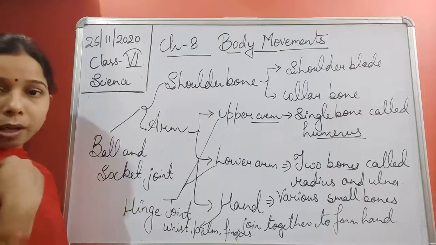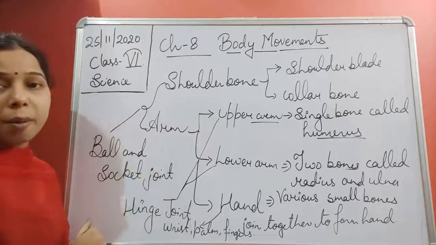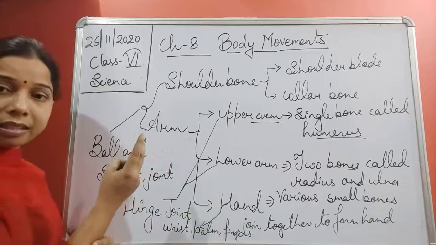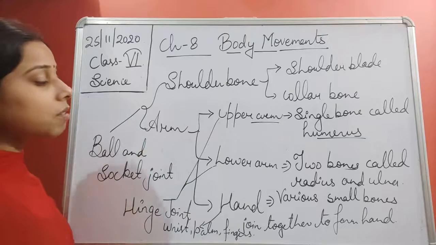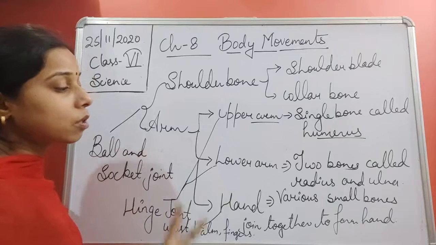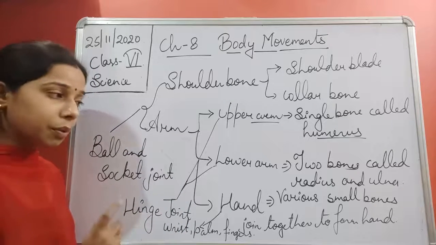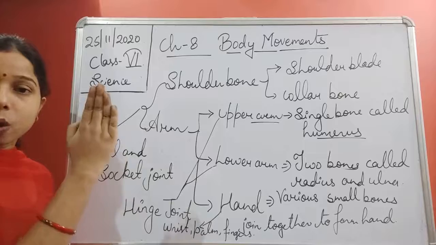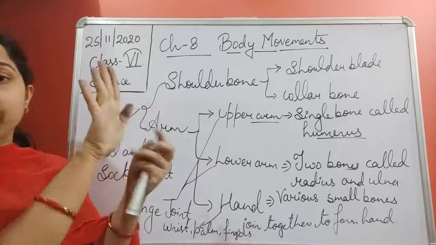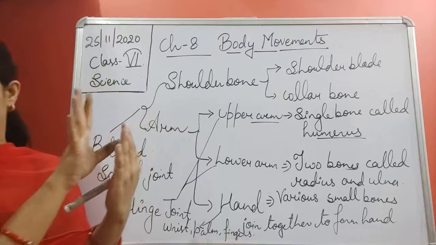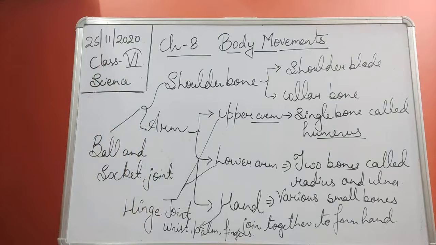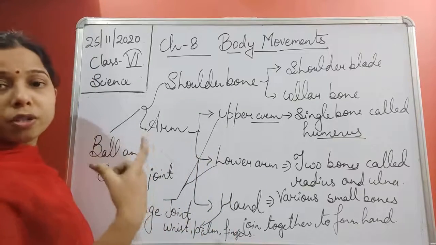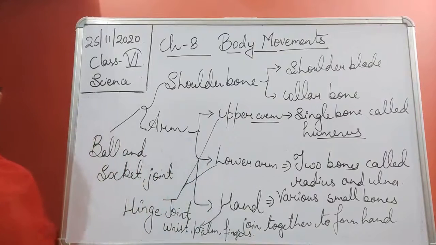It starts from your elbow to the wrist of your arm, and it consists of two bones. When you look at an X-ray report also, you will see that this portion of the arm, the lower arm, consists of two bones, known as radius and ulna. And finally, the hand is there. So the hand consists of a wrist. This is the wrist portion. Then the palm portion is there. And finally, the fingers are also there. Okay. So wrist, palm, and fingers, they all consist of very small bones. They join together in it. So this is about the upper part.